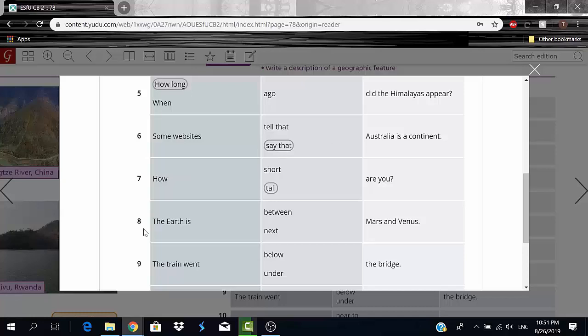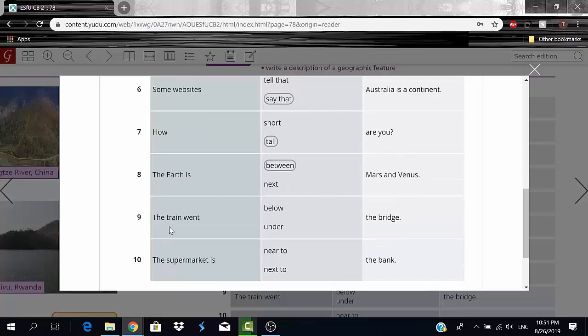Then we have number 8. The Earth is next to Mars and Venus, between two things, right? Then we have 9. The train went under the bridge. And finally, number 10, the supermarket is next to the bank.